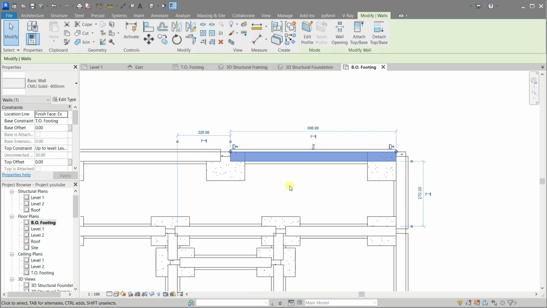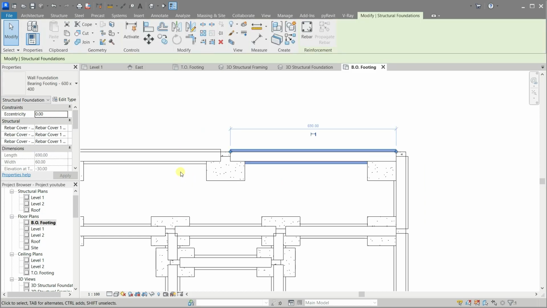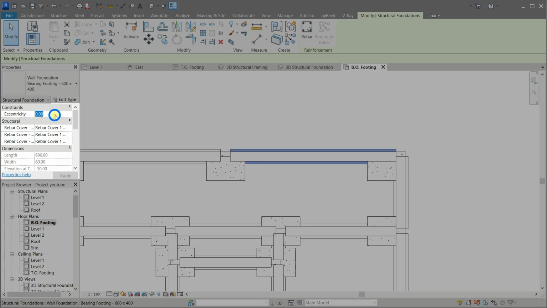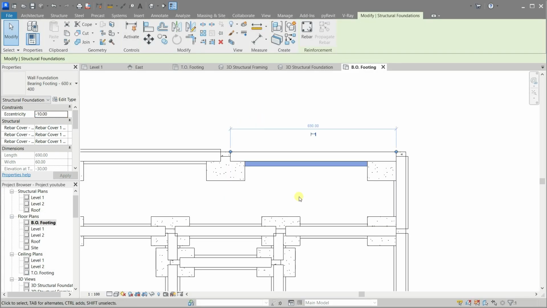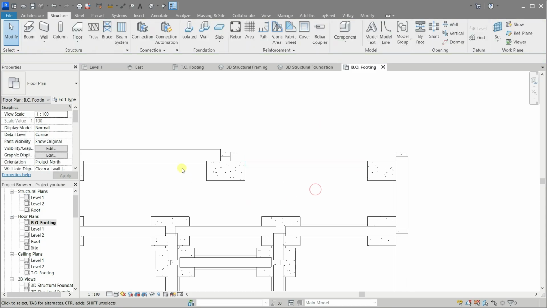Now select one of the sidewall footings and let's adjust its eccentricity by -10. Okay, now it's aligned properly inside the lot.